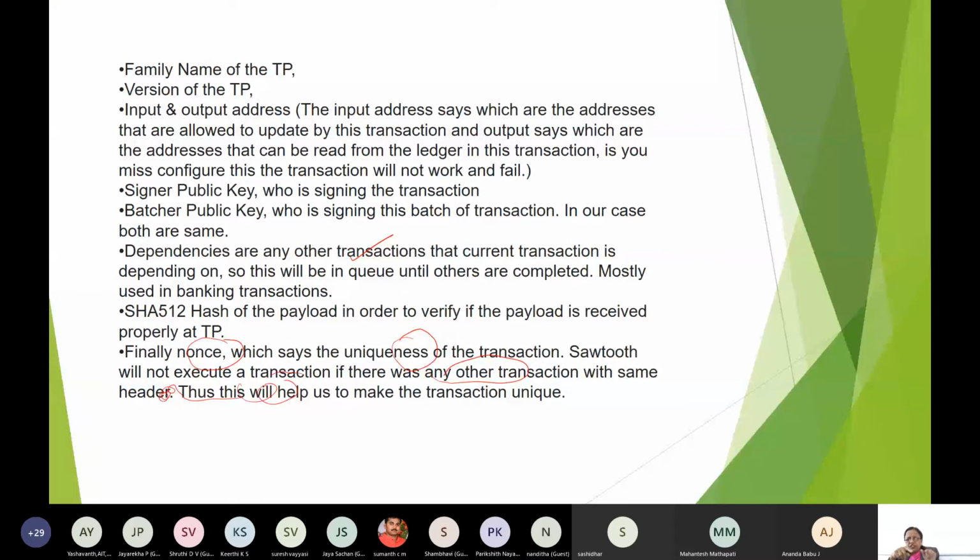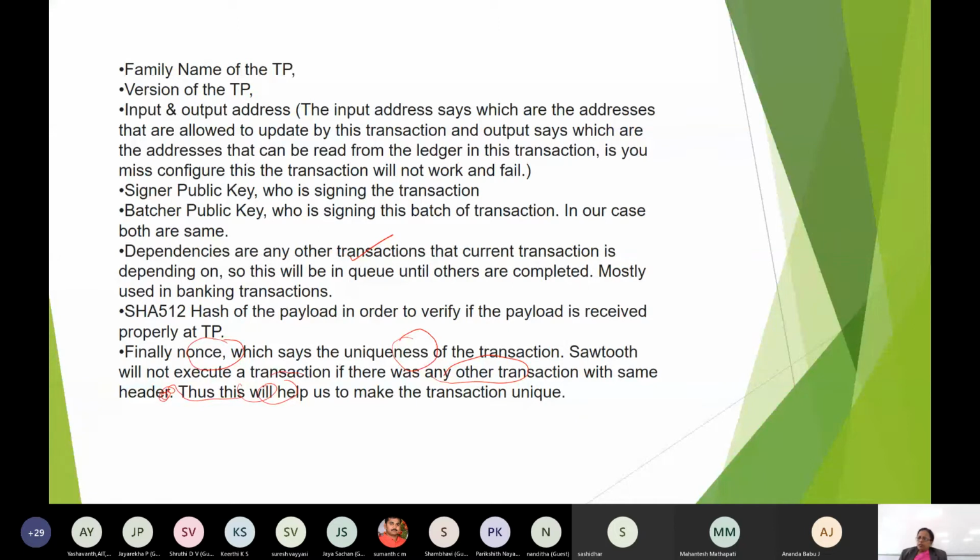That time, this nonce will identify some characteristics, and you have to code. If there is some difference, you will have to code. No two transactions should generate the same header. If all the fields are the same, it will change the nonce from 1 to 2.